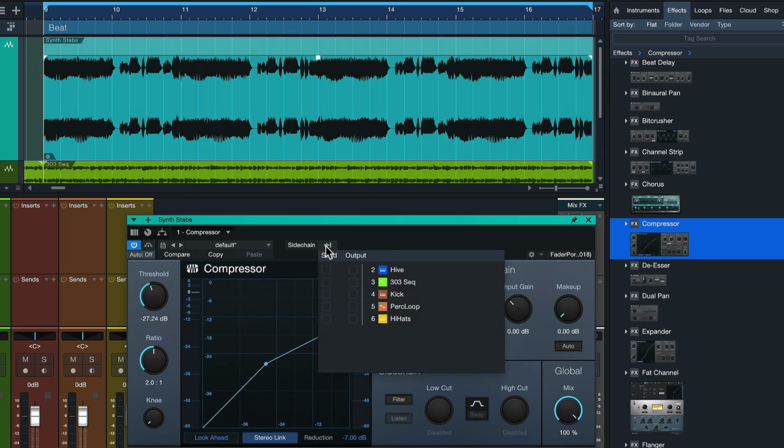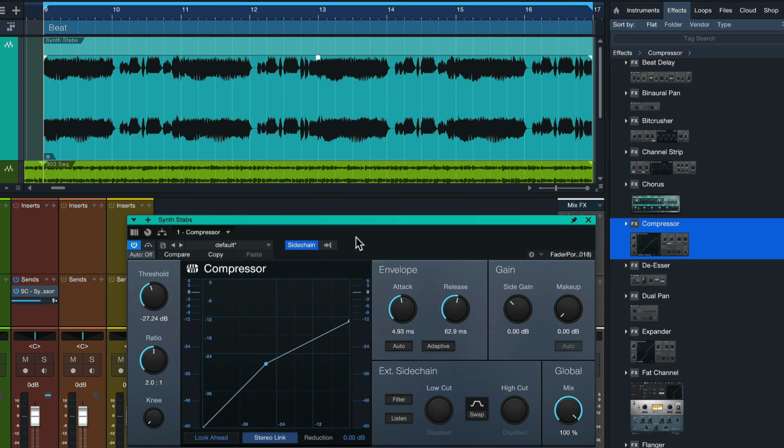Instead, we're going to use the sidechain to bring in a signal that does have dynamics, meaning a big difference between loud and quiet. In this case, that would be the kick drum. And we want to tick the send box here, not the output, because the output would actually route the entire signal to the compressor, muting the kick in the process. Can be nice for some ghost ducking effects, but in this case, not really useful. I want to have the send. Like the kick drum is sending to the main out, but at the same time, it's also sending